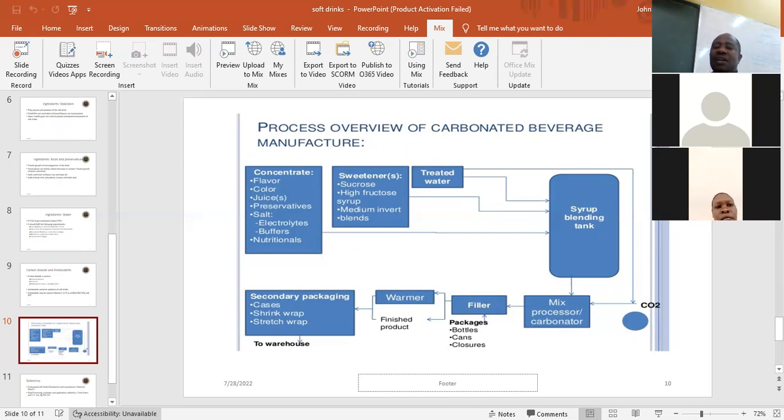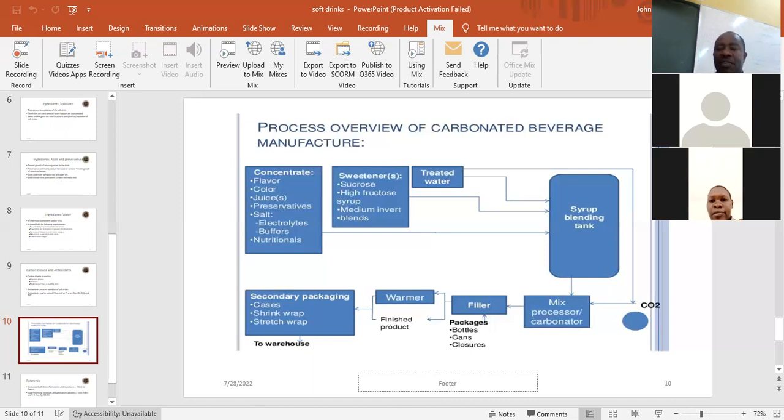And then these are taken to a syrup blending tank, and they are mixed. Then after they are mixed, they can then be sterilized. So they are passed through high temperature equipment, where they are sterilized, and then after sterilization, they are cooled,